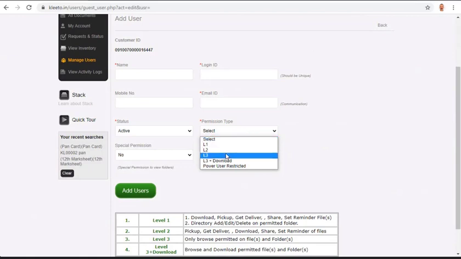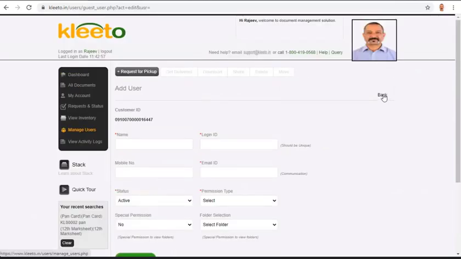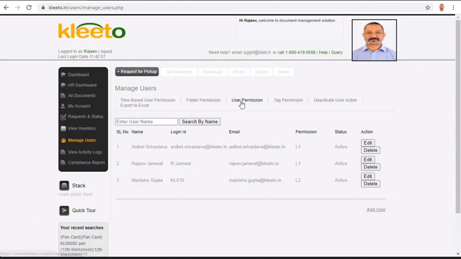You can have only view access that can be defined. You can have download and share access along with view, or else you can have a physical retrieval access assigned to multiple users, and that's how they'll be able to view, see, download, and share documents, right? And once you define access, you also have to define what is the access that I have to give